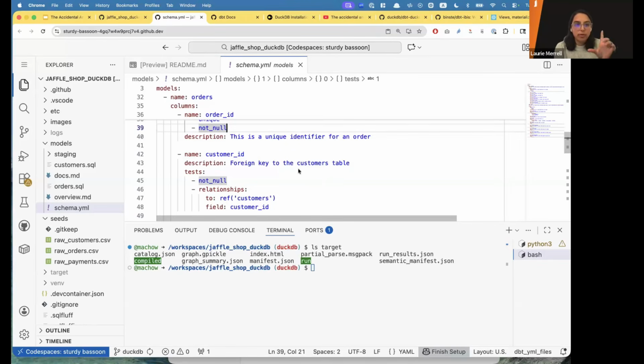So in a YAML file I would specify, okay, what's my incoming data, whatever your external data is that you're starting with, configure that as a source. And then I could write my first model, a staging model on top of that source that maybe casts data types, renames columns, like minimal.